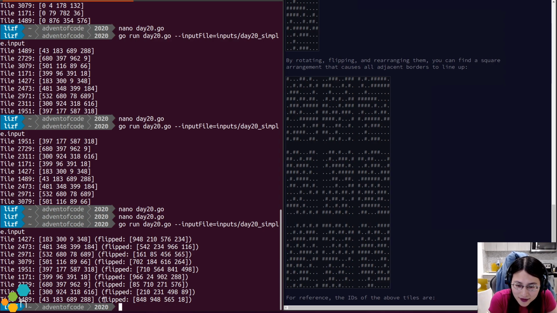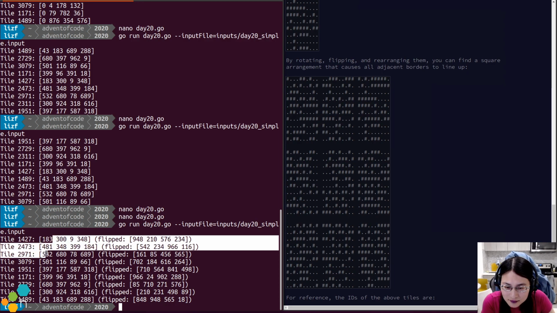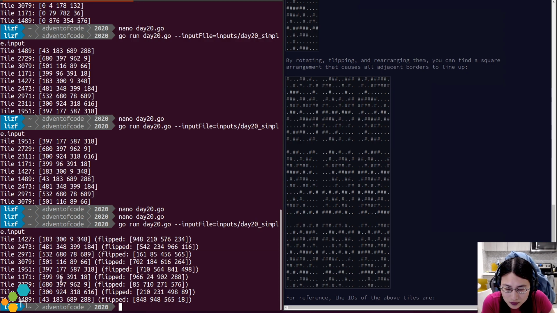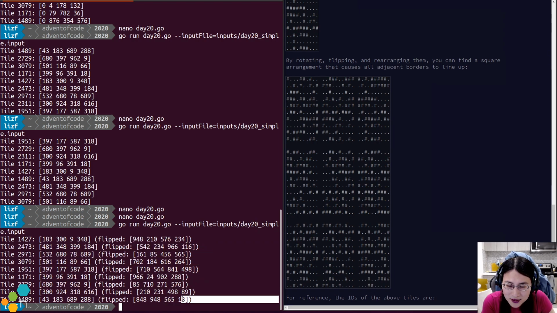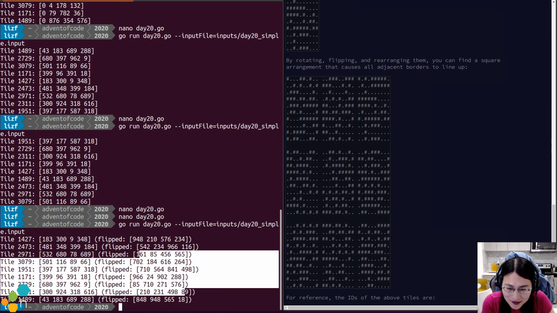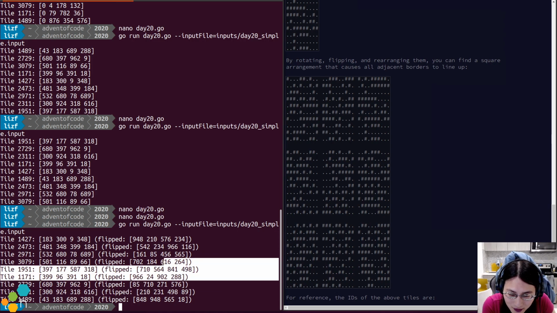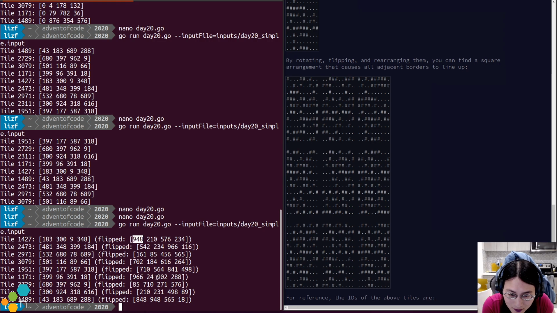So now each tile should have a companion somewhere that we should be able to stitch together. So, simplest way to find this, I think, is there are going to be tiles that don't have any matches whatsoever on two of their faces. I think that's probably going to be the easiest way to identify which ones are funky. So 948, 948. Oh, but that 183 went to 183 anyway, so that's fine. All